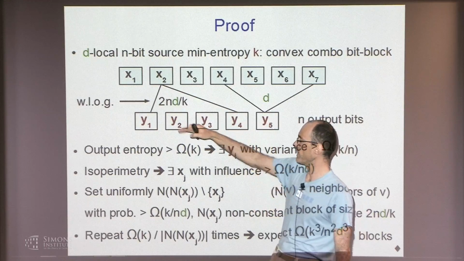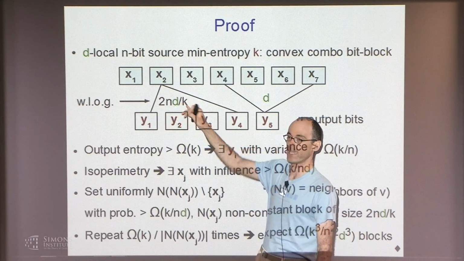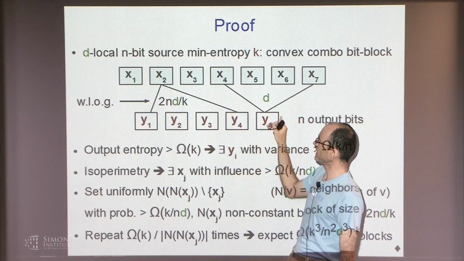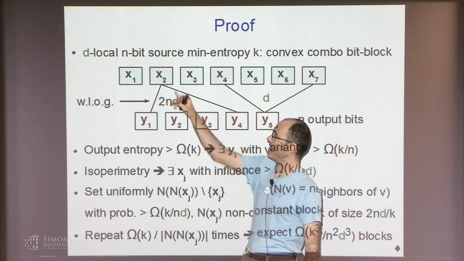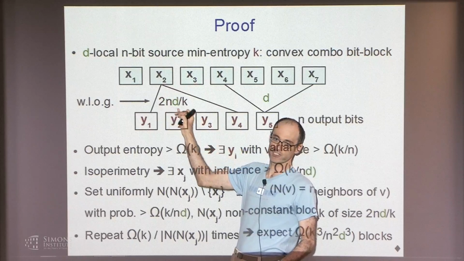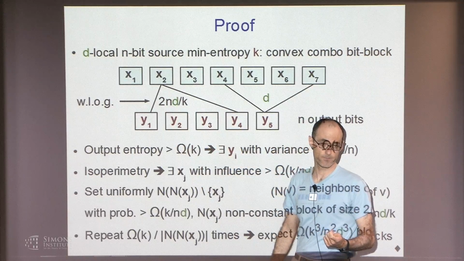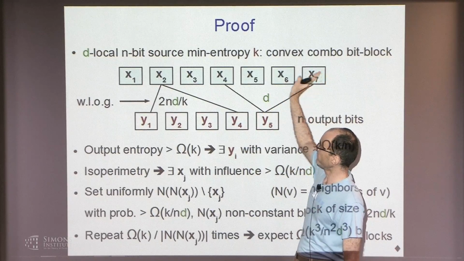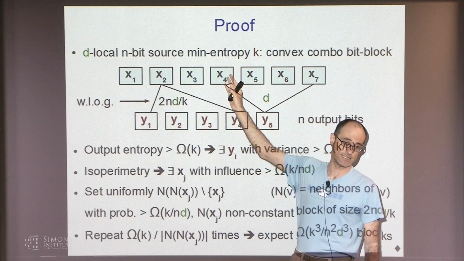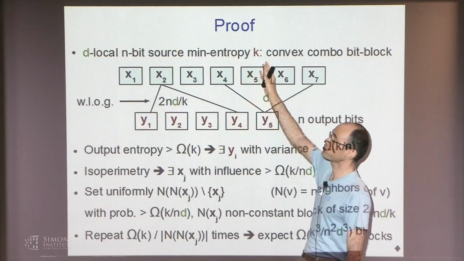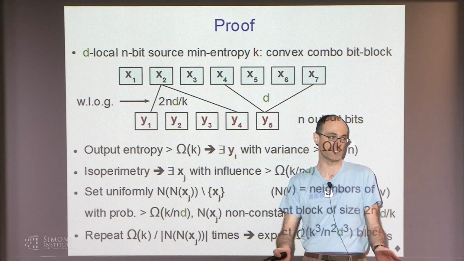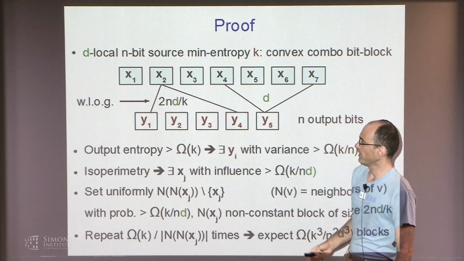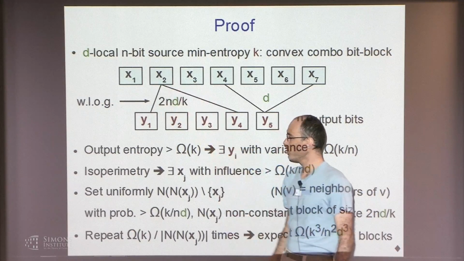So how small? Well, I can ask it's 2nd over k. So you have d times n edges in this graph. The number of excess which has degree larger than this is at most k over 2. So if you can just fix those k over 2 excess, and because you have min-entropy k, that's just gonna still leave you with min-entropy k over 2, and that's good. Okay? So I can assume that this degree is small.